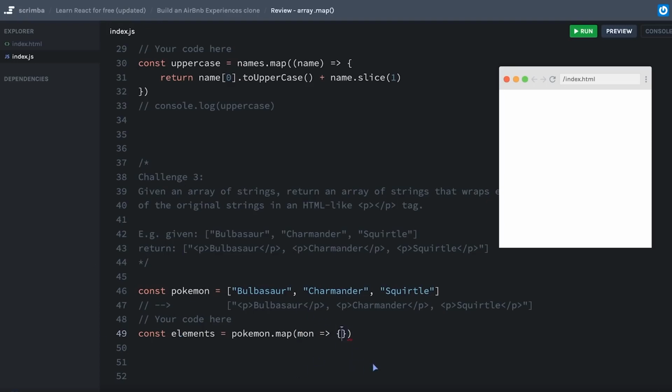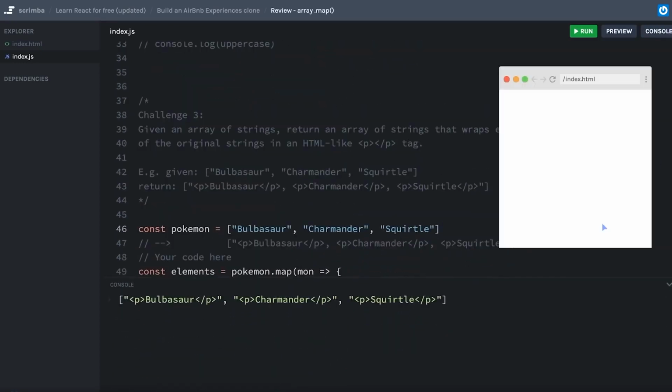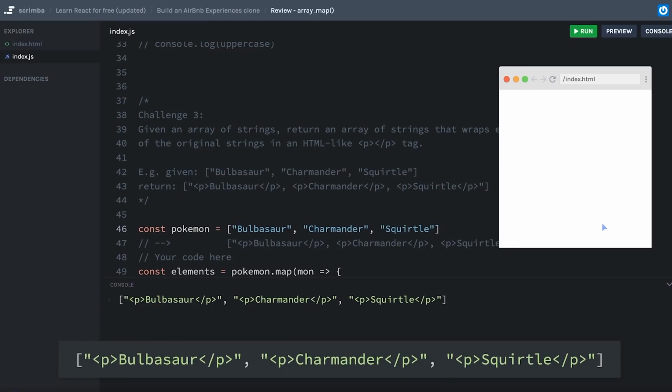And, well, before I simplify the rest, let me actually open this up and we'll do it the way we did it before, and then we'll clean it up. Now, this time around, I think it probably will be easier to use a template string, so I'm going to put my paragraph text here, and then inside of my paragraph text, I will put my monster's name. Let's console log elements, make sure that this is going to look the way we expect,